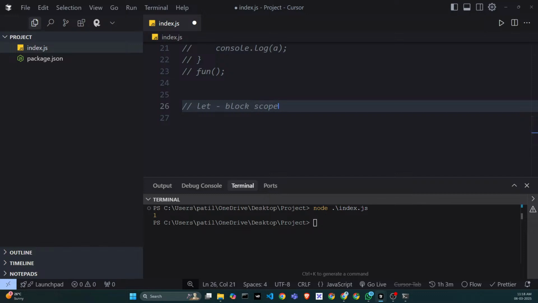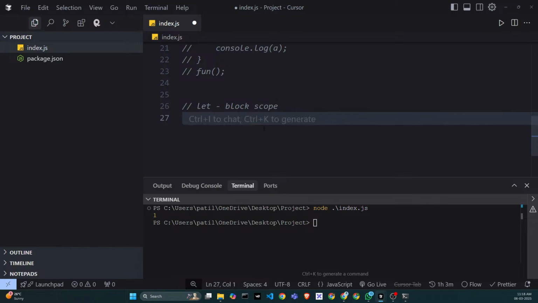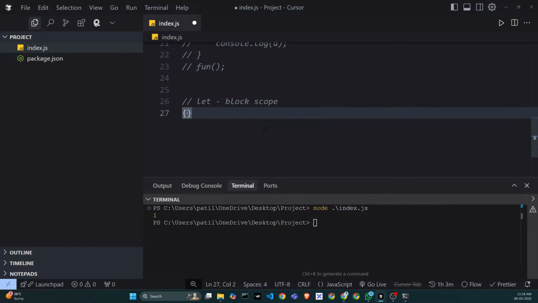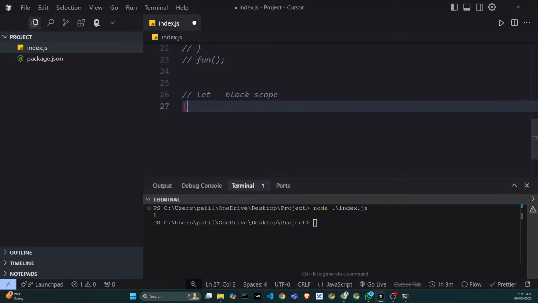Okay, so let variable is a block scope. A variable which is declared with let can only be accessible within a block. So a block means these curly brackets. For example, let's say